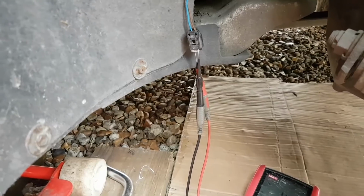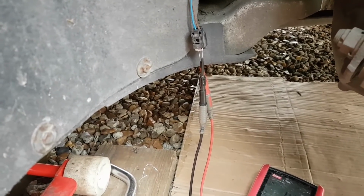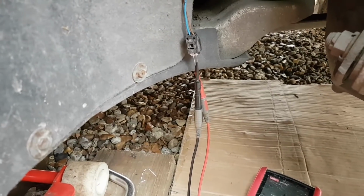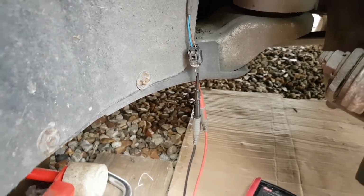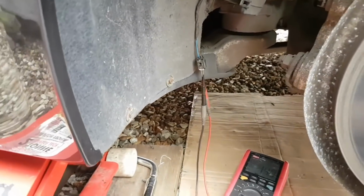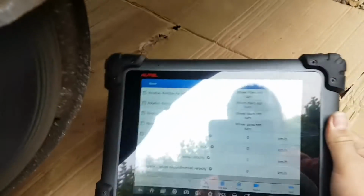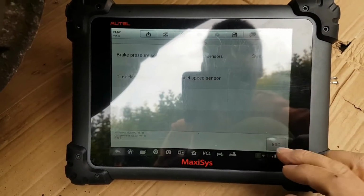Now, why on earth does the tool tell me that it's the right hand side, and why on earth was this reading earlier? I'm so confused right now, guys, I honestly don't know. It makes no sense to me why the tool, because if I disconnect this sensor, so obviously the sensor is disconnected on the other side now, but if I come here now to codes,